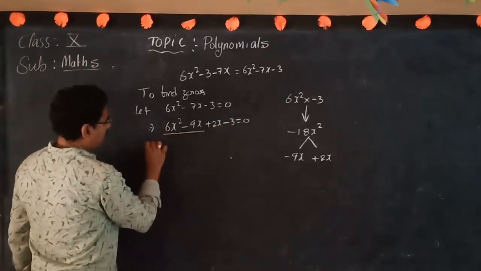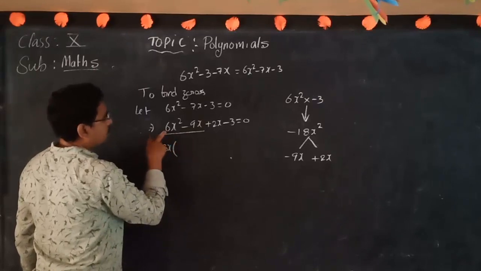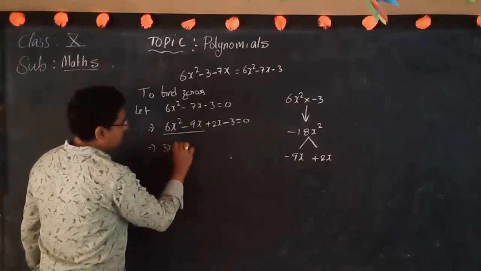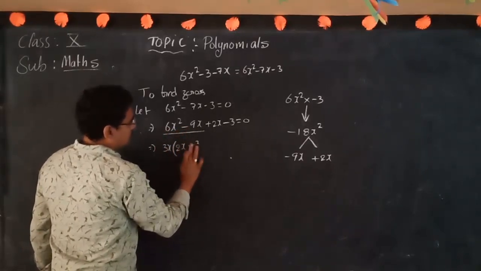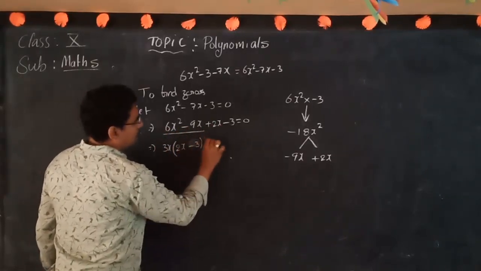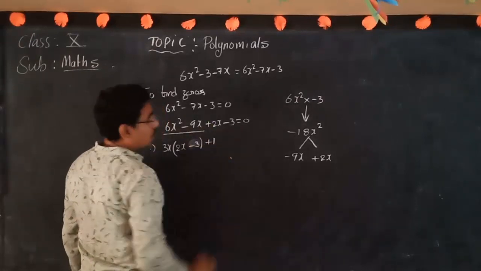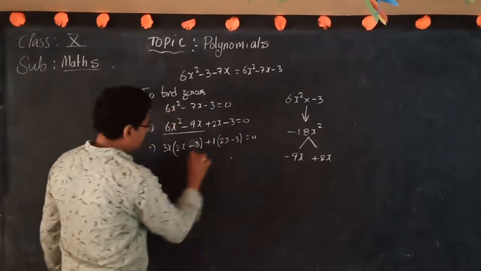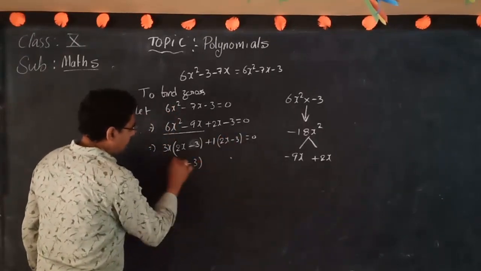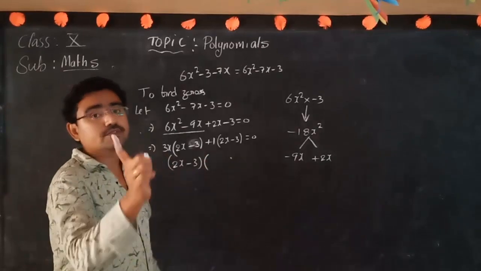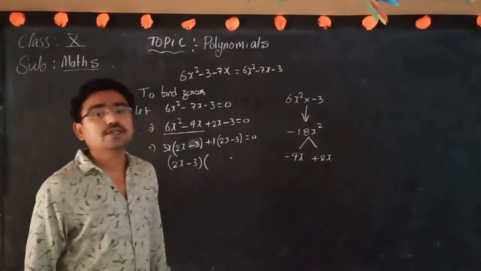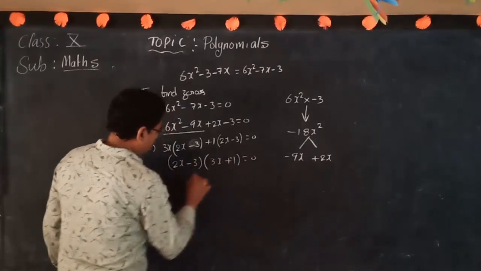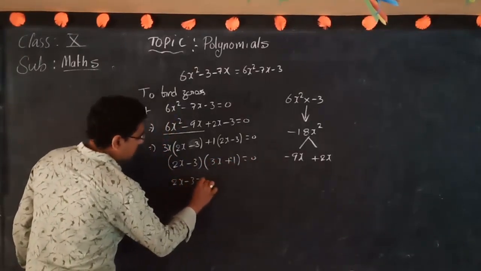From the first two terms I am taking 3x as common. So here 3 is there, here also 3 is there, 3 twos are 6, 3 threes are 9. X is common, so 3 twos are here. Sorry, minus 3 we count. Now from these two terms there is no common, so instead we can take 1 as common. Now the bracket is common. Already I said, after taking common, if the brackets are the same, then what we did is correct. So what will come? 3x plus 1 into 2x minus 3 equals 0.